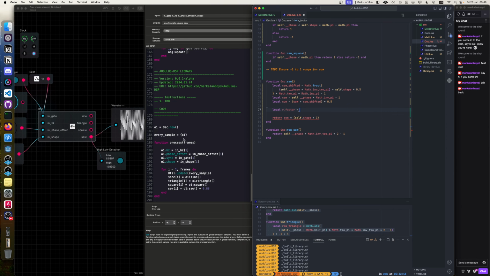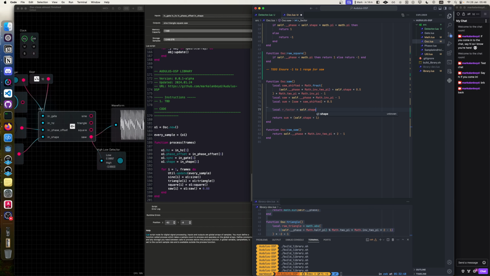Okay, 0. Because with the shape knob, it's the self.shape. That's the knob that's being turned. And I think this is one of those absolute value moments